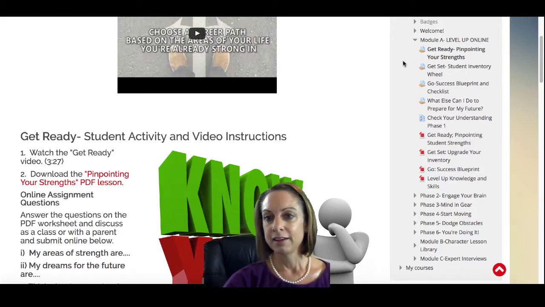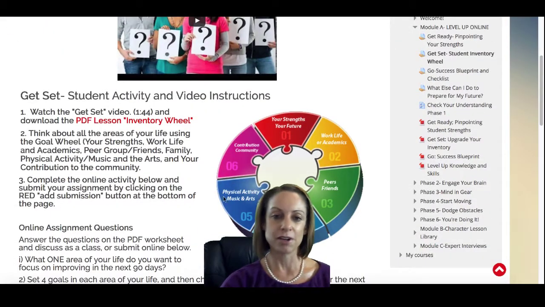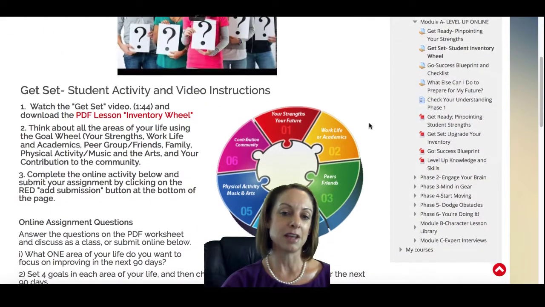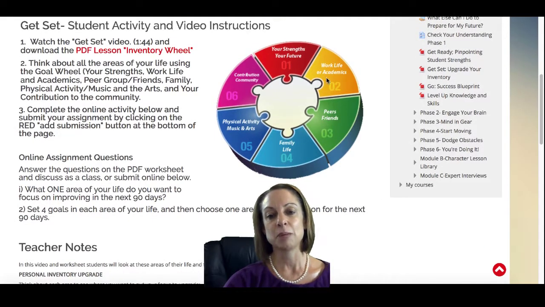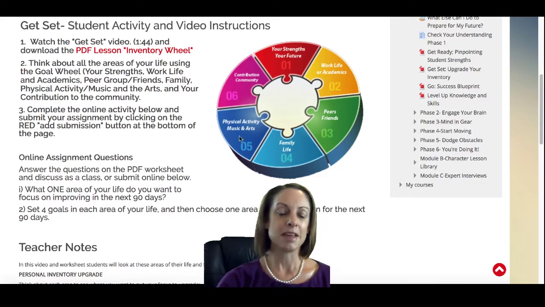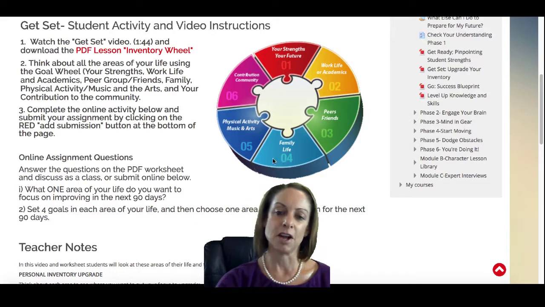And then the next one is their inventory. Now they also get a big picture of all of the areas of their life and think about the areas that they could do some work in. So maybe at this point, it's probably their academics. Maybe they have a part-time job. Maybe they've got friends, family.